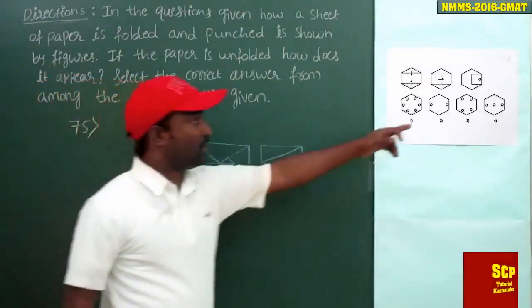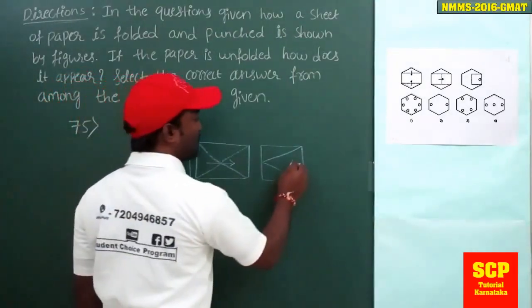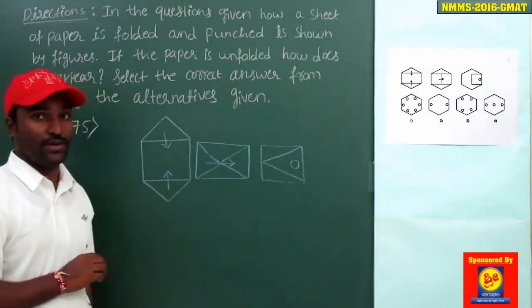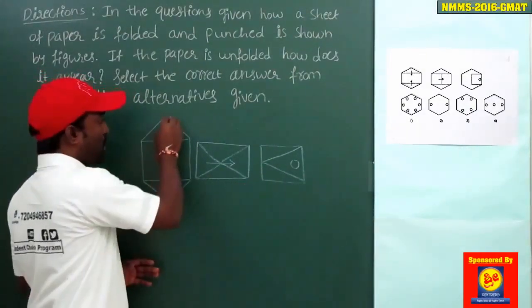In the last figure, it is shown where the hole is punched. The hole is punched here. The hole is punched here. It's a very important point. You should observe this part,